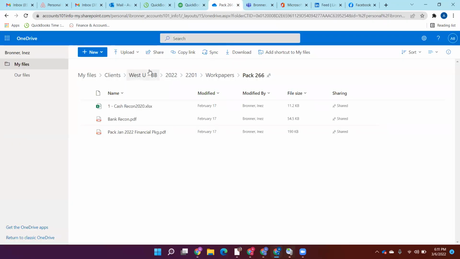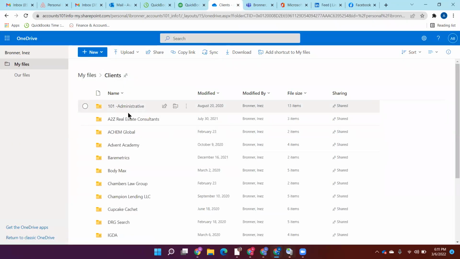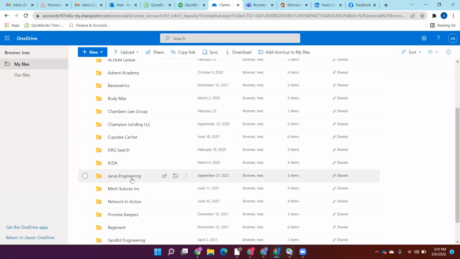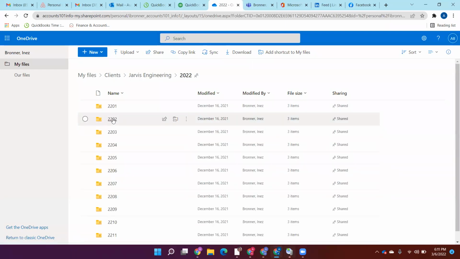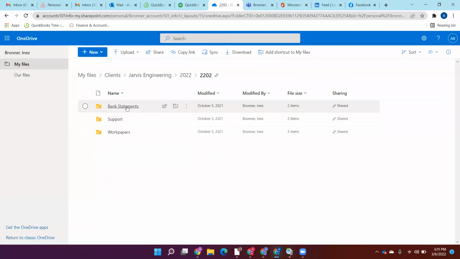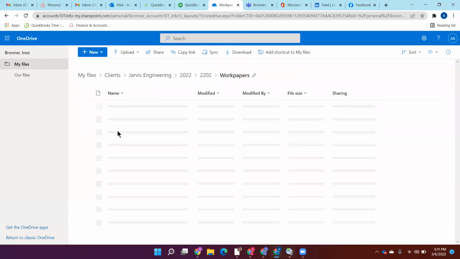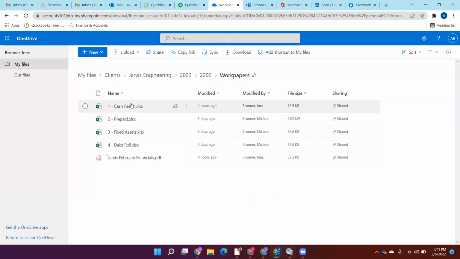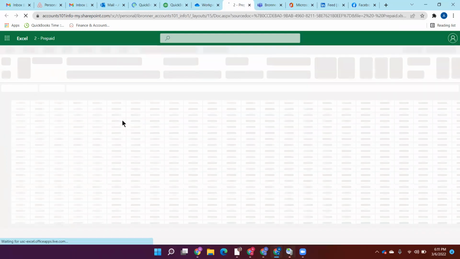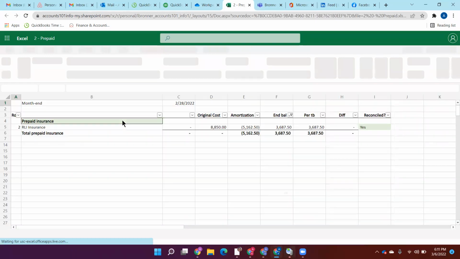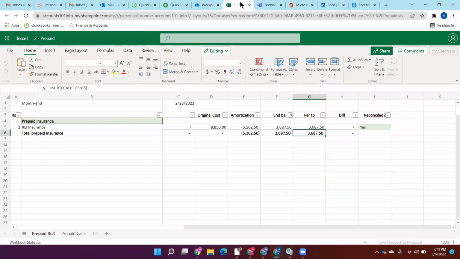Well, QuickBooks does that. So Jarvis Engineering. Okay, so same thing with her. She has the work papers for the cash reconciliation, but she also has these other prepaid, fixed asset, and I forget the fourth one down there. But she also has